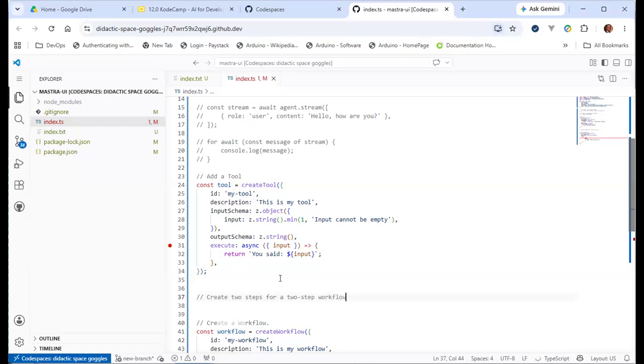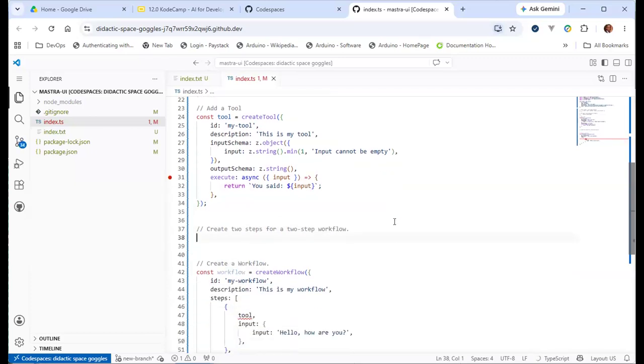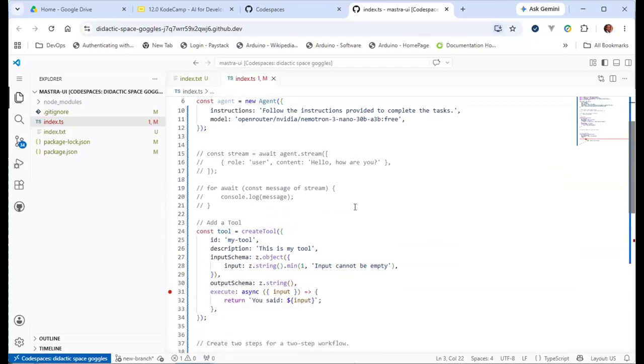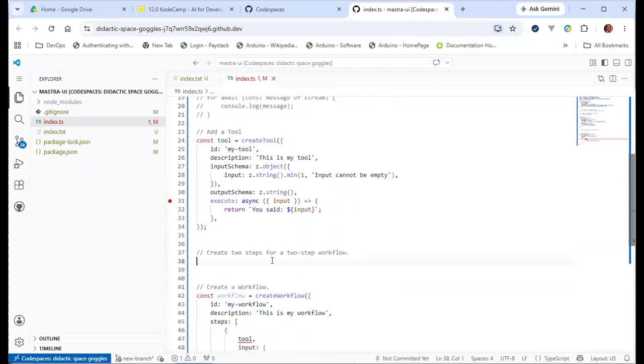So remember, this is what we're calling chains. To create a step, you would, of course, also have to import a create step function, which is in the same workflow module. So you have create step. So the first step, let's say you wanted to fetch a page from a URL, then summarize the page. Those are two steps, right? So the first step is to fetch the page.